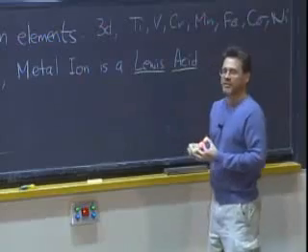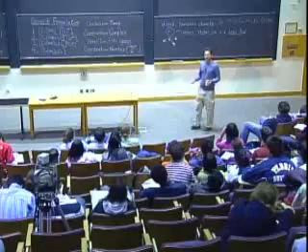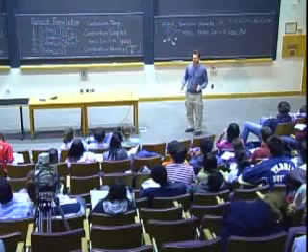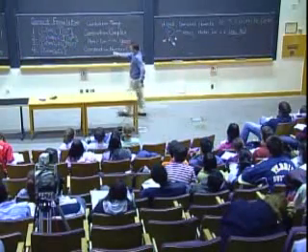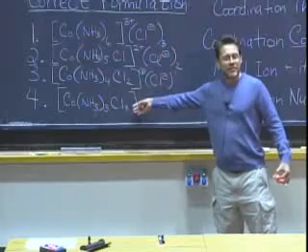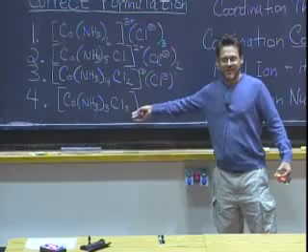But it's a very interesting Lewis acid because unlike the BH3 molecule that has a single empty orbital, this metal seems to be able to act as a Lewis acid 6 times and coordinate 6 bases to it